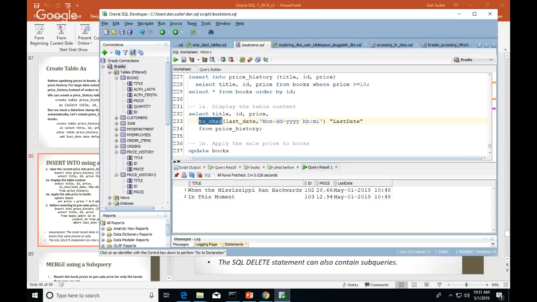So what is the toChar doing here? toChar, there's different ways of saying this. This is a conversion function. So every entry for last date is going to be extracted, that data value is going to be extracted. And toChar says whatever the data value is from that data row, I want it displayed in this format. So this is month, comma, DD, comma, 4 Ys for the year, space, and then hour,